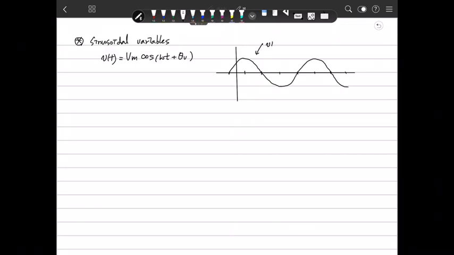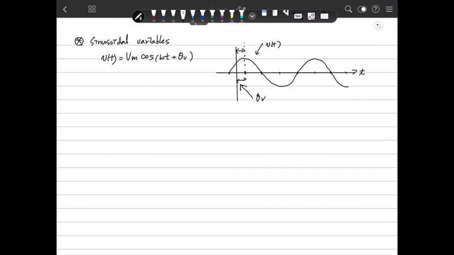If this is v(t), then this is a phase angle. Actually, if we represent this in the time domain,